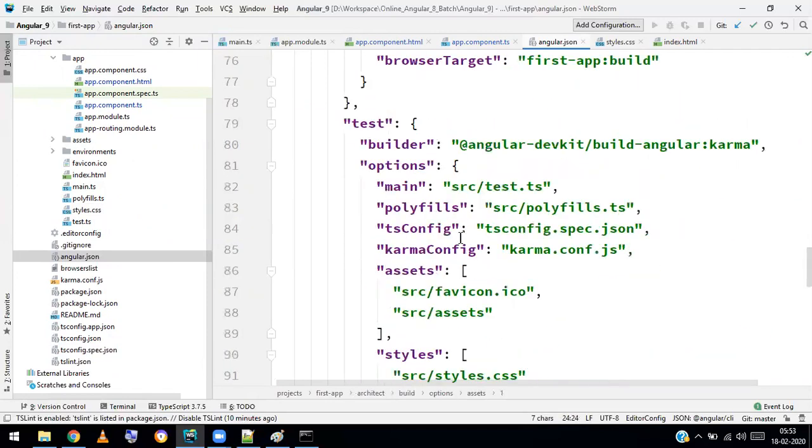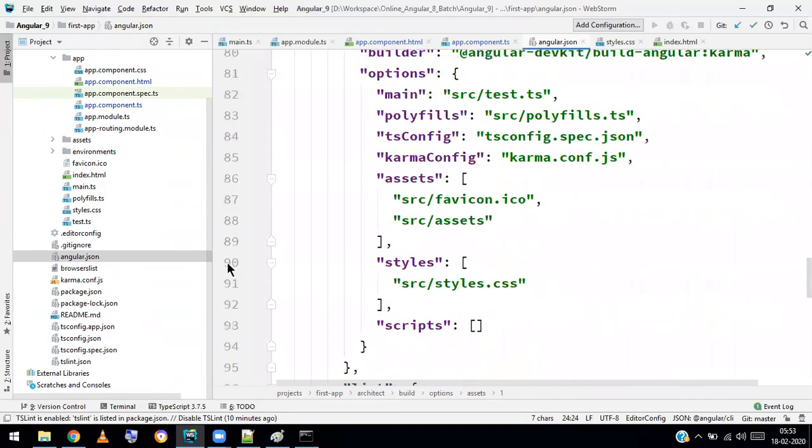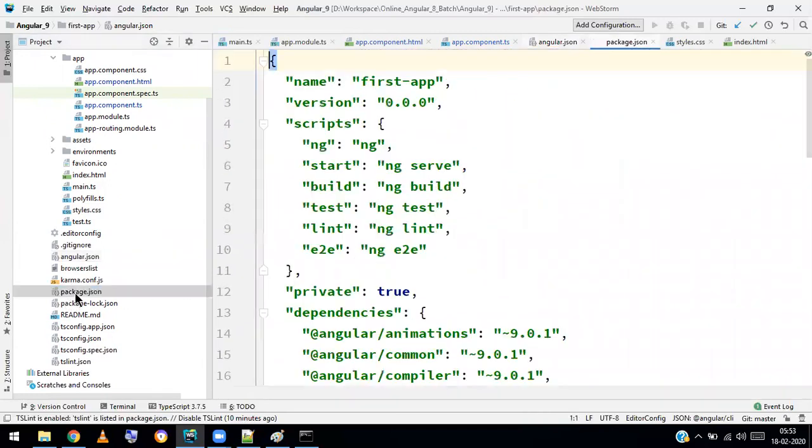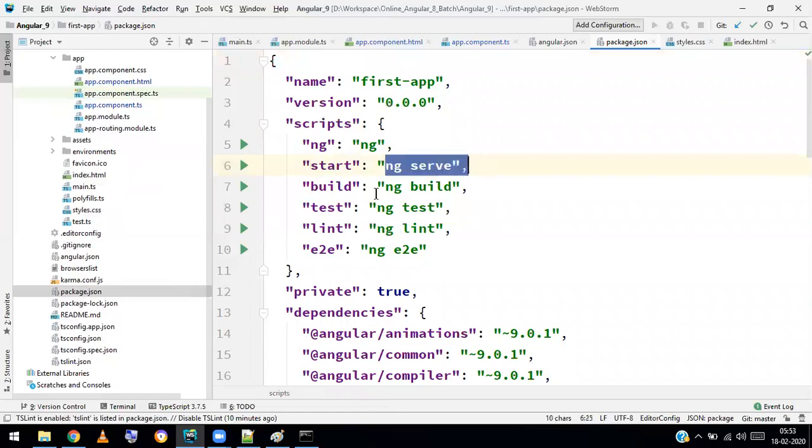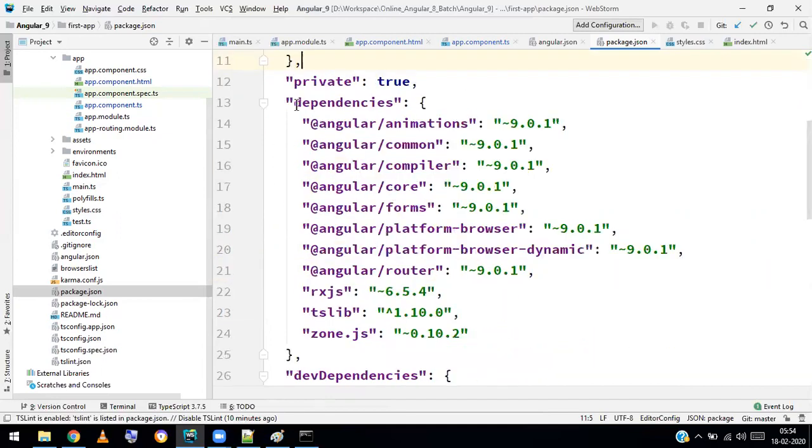And then package.json. This is the configuration file for the project, which contains the ng serve commands, the build, test, lint, end-to-end test scripts, and also the dependent modules. So this is the complete project configuration file.